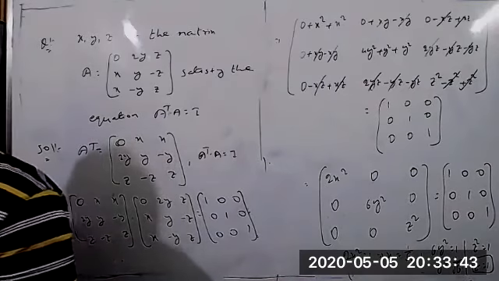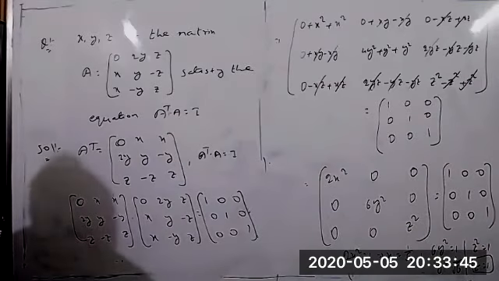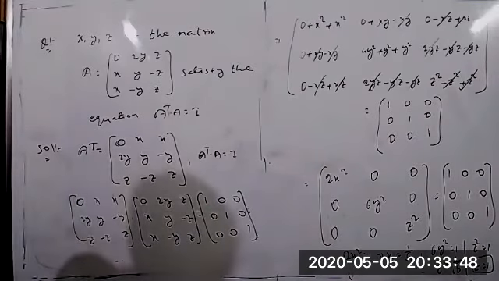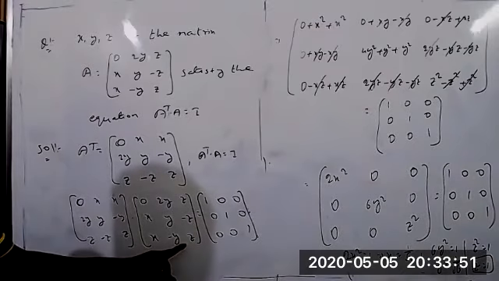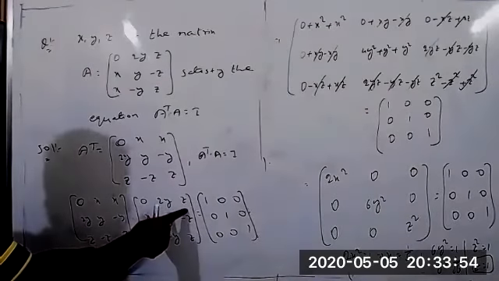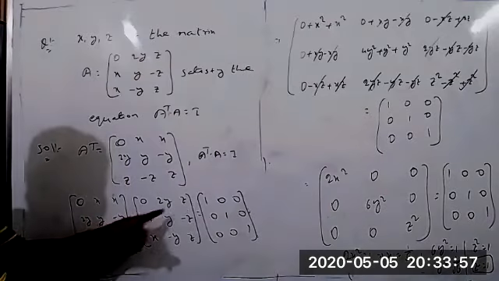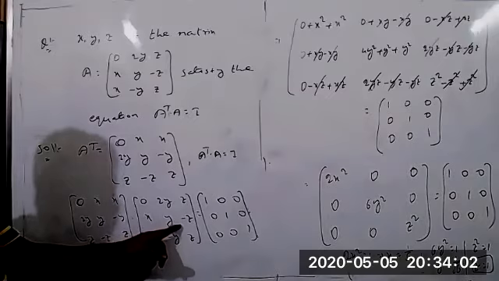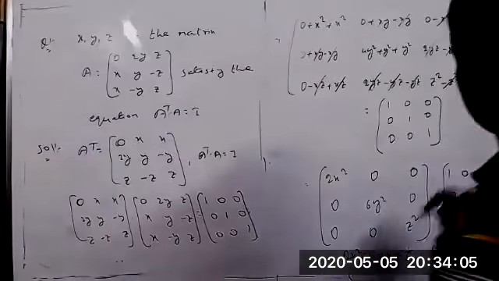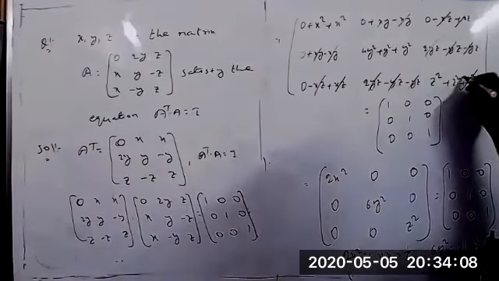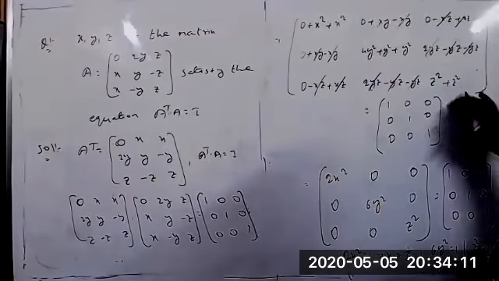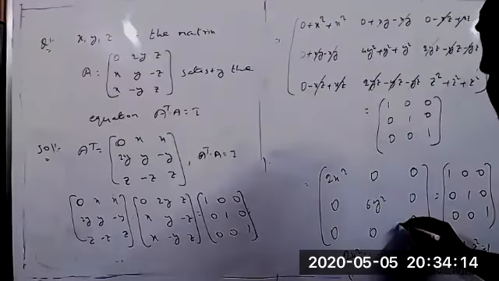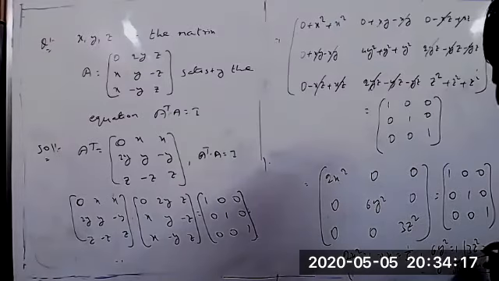Yes, tell me. Here, third row, third column, sir. Yes, third row, third column. You know, z into z equal to z square. Am I correct? Okay, sorry. The minus into minus, plus we are getting. Minus into minus z, we got now. This is the plus z square. And here also what you get now? Plus z square. So what about this value? 3z square. So this is the 3z square equal to 1. That z equal to 1 by root 3. Right? Very good. 1 by root 3.